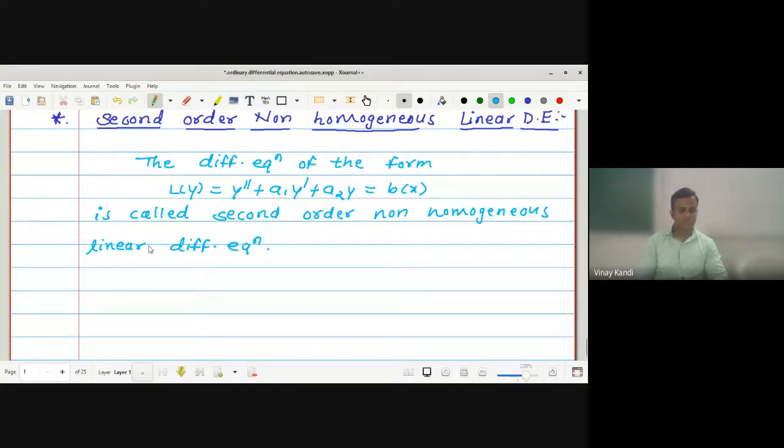Where b of x is a continuous function, where b of x is a continuous function on an interval